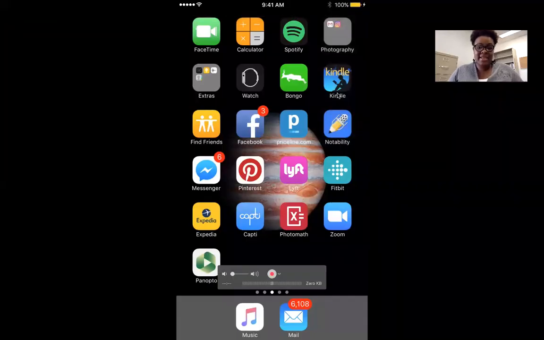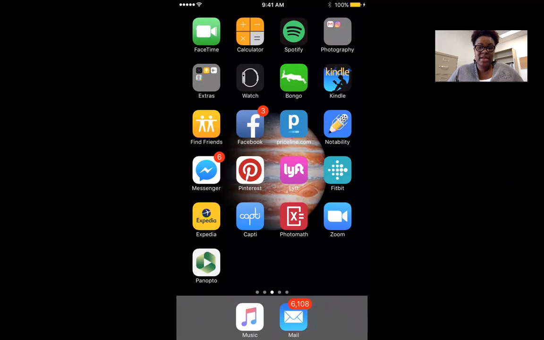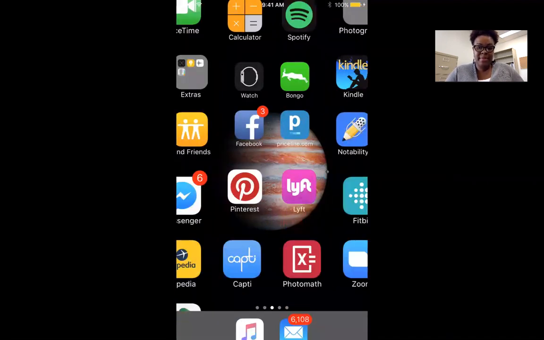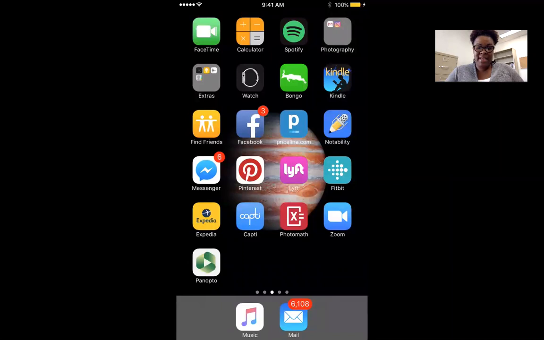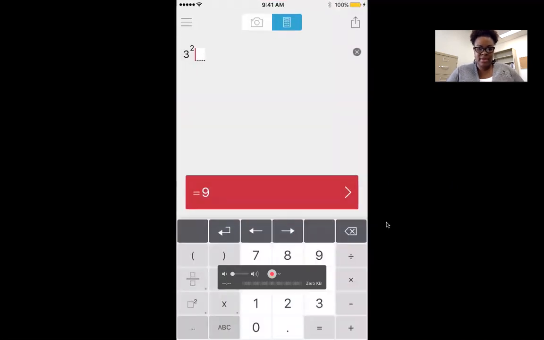Hi, in this video, we will focus on the iOS app PhotoMath. You can download PhotoMath for free with your iPhone from the application store. Once you do so, you'll be able to open the application, and you can see at the bottom here, PhotoMath. Open it up,